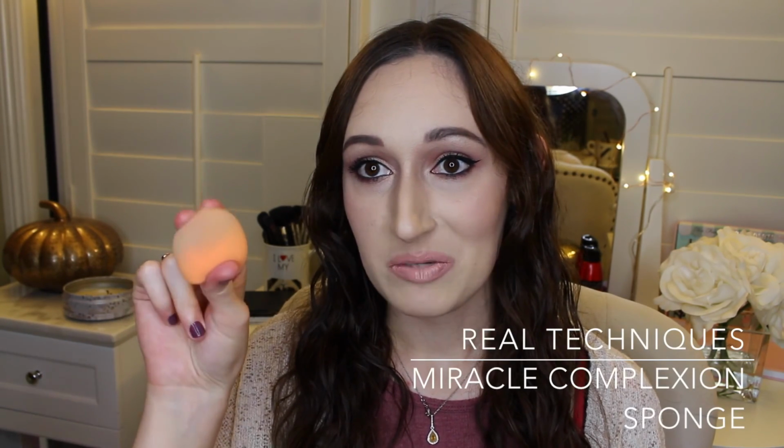My next favorite for October is a beauty sponge. This is the Real Techniques Miracle Complexion Sponge. This is the first makeup sponge I've ever used. In the past, I either would blend out my foundation with my finger, or I would use a blending brush. I had never used a sponge before. After watching so many YouTube videos, pretty much everyone uses makeup sponges or beauty blenders or dupes for beauty blenders, so I really wanted to try one of these, and I'm so glad that I did,